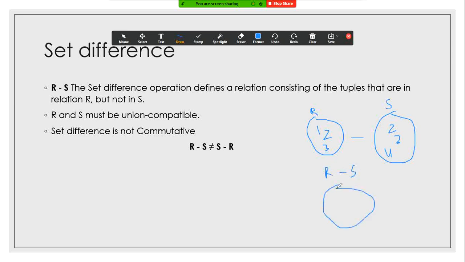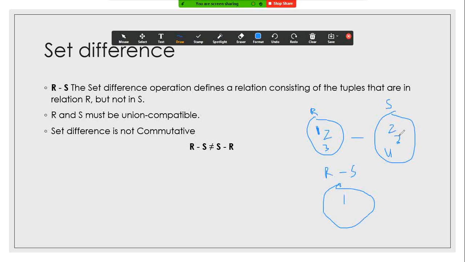In R minus S, we will include values that are present in R but not in S. So 1 is present in R but not in S. We will write 1. 2 is present in R and S as well, we will not write it. 3 is present in R and S, we will not write it. So R minus S includes only 1 because 1 is the only value that is present in R but not in S. So this is the result of R minus S.